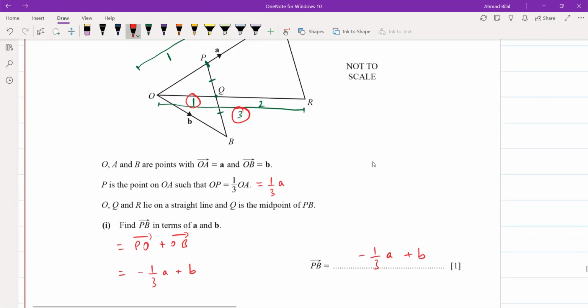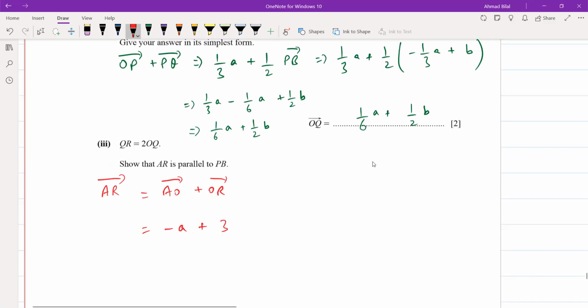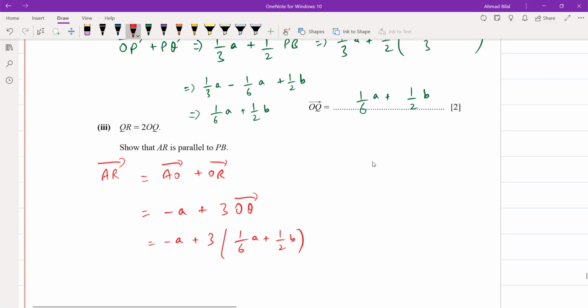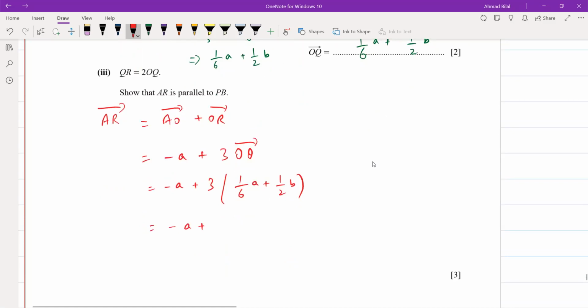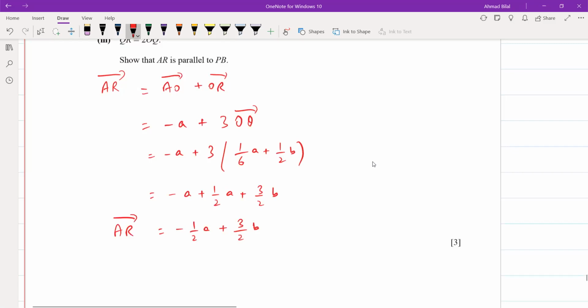OR is going to be 3 times OQ, तो OR की जगह हम क्या लिख सकते हैं यहाँ पे, this is 3 times OQ, और वहां पे हम क्या करेंगे, उसकी वैल्यू डाल देते हैं, -a + 3 into (1/6 a plus 1/2 b), and we simplify this, we get -a plus 1/2 a plus 3/2 b, यहाँ से हमारे पास आ जाता है -1/2 a plus 3/2 b, ठीक है।